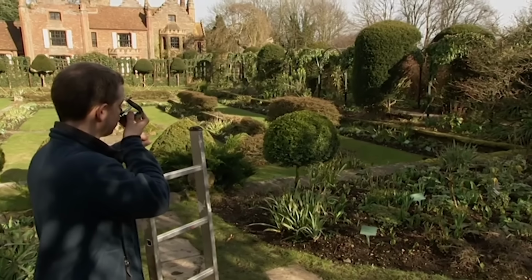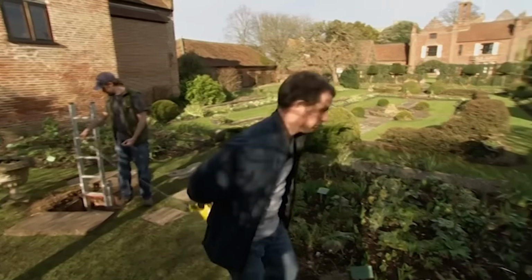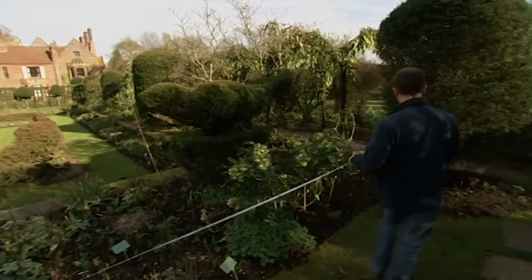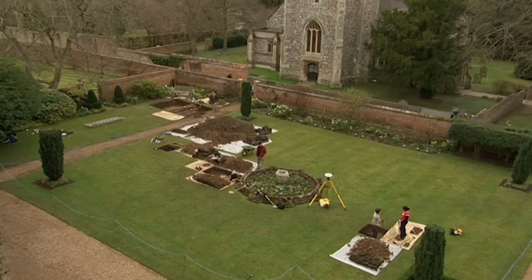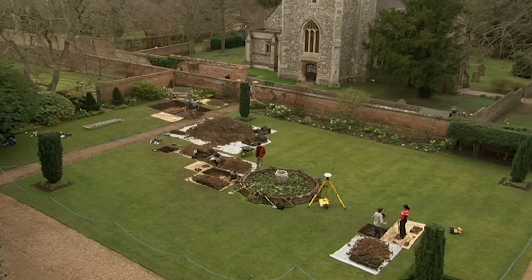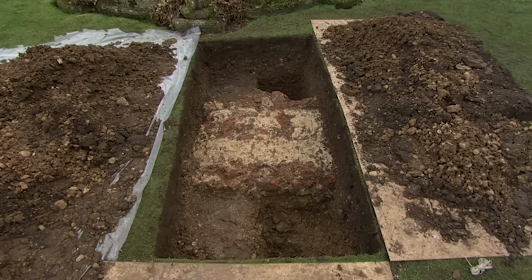The results Stuart and Henry come up with throw a very large spanner in the works because they reveal a finely engineered drainage system that goes nowhere near the courtyard, suggesting the main part of the Tudor palace isn't where we're digging. This appears to be backed up by the archaeology up top. The new trenches in the courtyard have revealed nothing more than a collection of garden features. And as for the trench in the orchard...